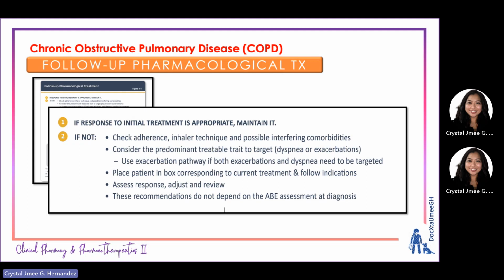Now, in number two, if the patient is not responding to the initial treatment, we do not stop. We first check the adherence, the inhaler technique of the patient, and other possible interfering comorbidities. Next, we consider the predominant treatable trait to target, such as dyspnea or exacerbation. So use the exacerbation pathway if both exacerbation and dyspnea need to be targeted. Place the patient in the box corresponding to the current treatment and follow indications, assess response, adjust and review, as we have mentioned,